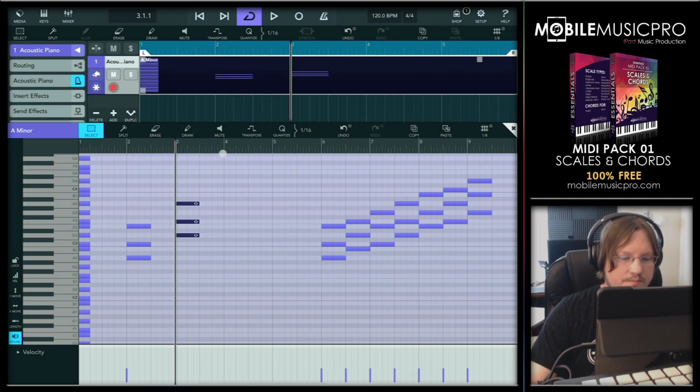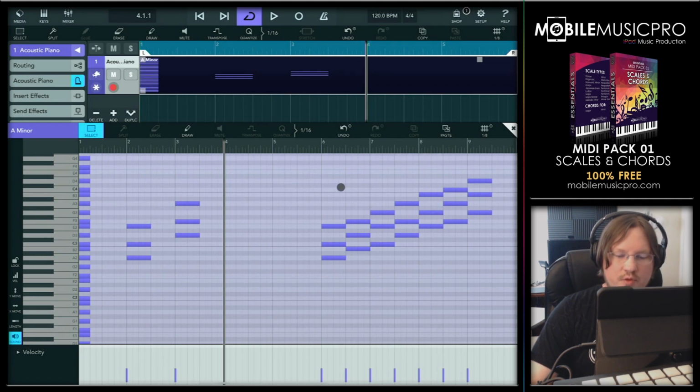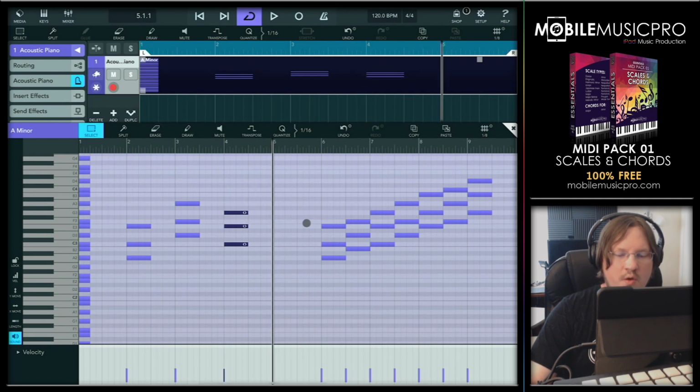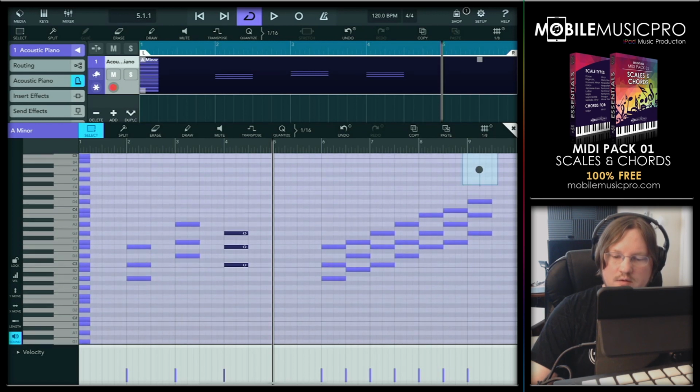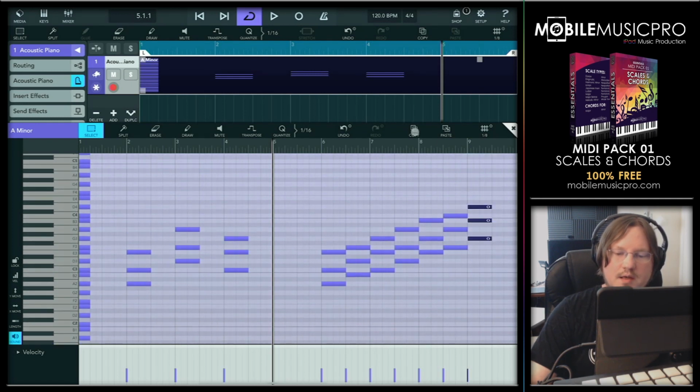Select our next bar, and now let's select our next chord. So far we have a 1 and a 4. Let's go ahead and try a 3 next. So we'll long tap here, once again tap copy, and once again paste. So now we have a 1, 4, and a 3 chord. Let's select our next bar, and let's go ahead and end this with a 7 chord. So let's long tap all the way to the right, select our 7 chord, tap on copy, and then tap